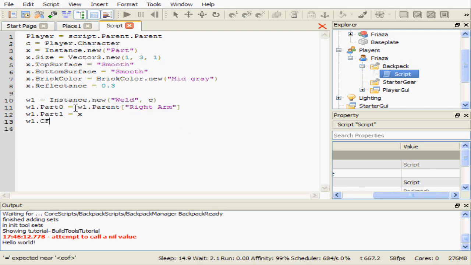Anyway, final line: weld1.C0, sorry, although C0 is the right thing to say. Be sure you type this right. It's not the letter O, it is 0, the number. So weld1.I'll put C1 actually. I'm not sure if it actually changes anything, but when double checking I noticed that I'd previously put C1, but then somewhere along the line changed it to C0, so I'll put C1 equals CFrame.fromEulerAnglesXYZ